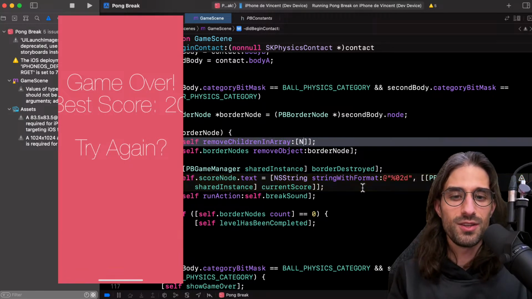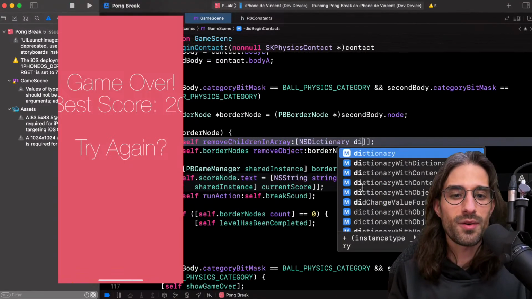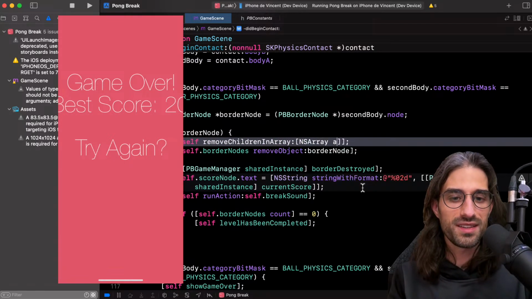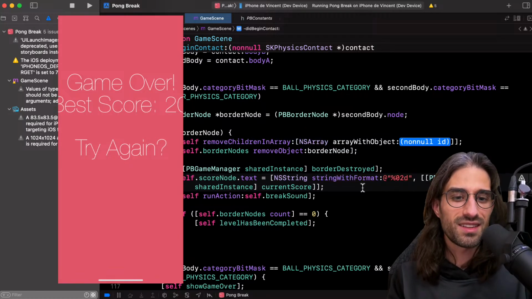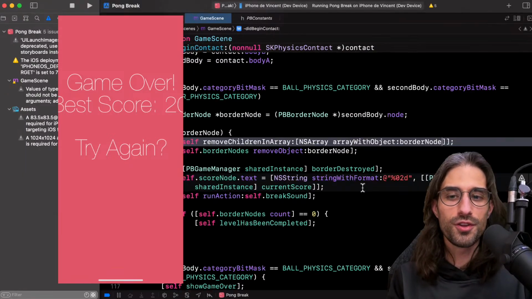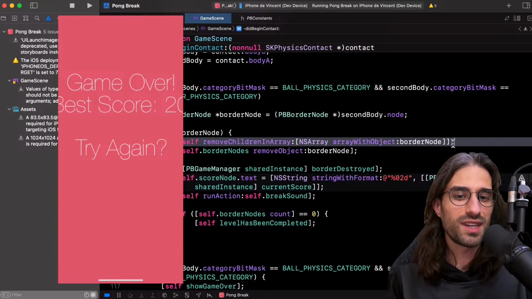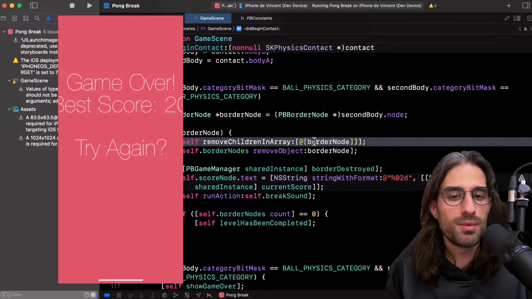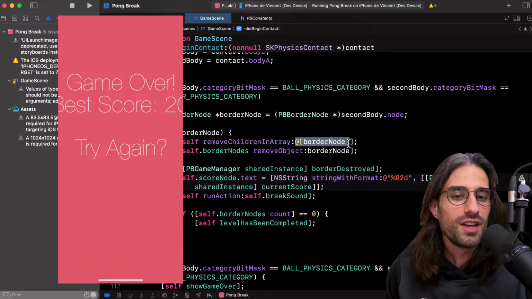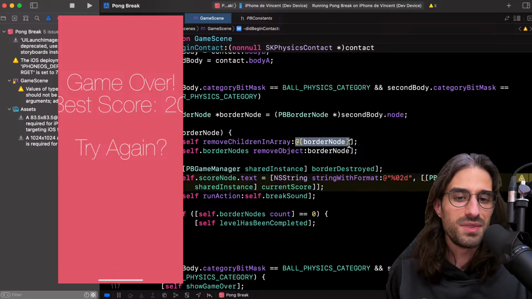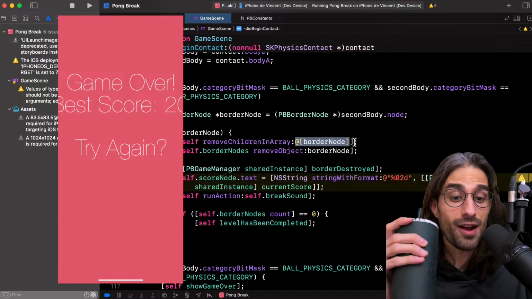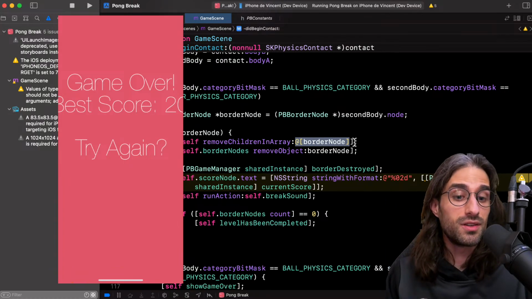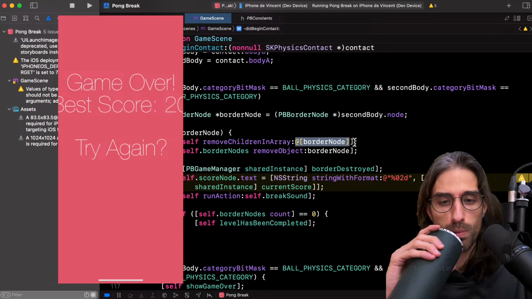But before that, you had to do NSArray with object, and then as an object the border node. You need to do something like this. It was kind of tedious to create arrays, and so they added this nice syntax to be able to create an array using a literal syntax like many languages already supported. But this arrived also with iOS 6, so quite late in the lifetime of Objective-C.